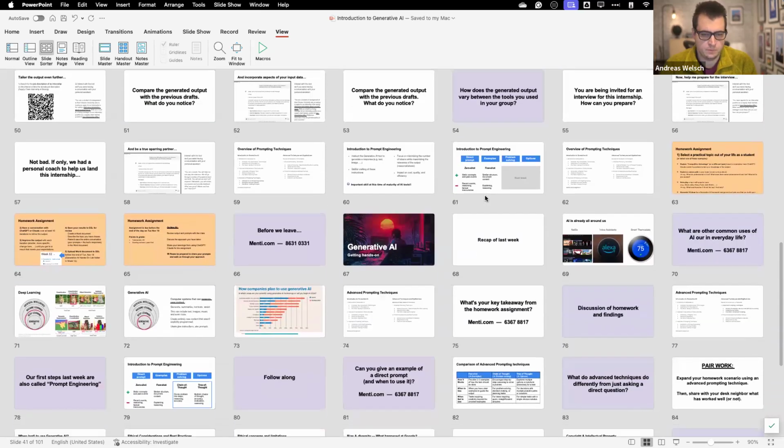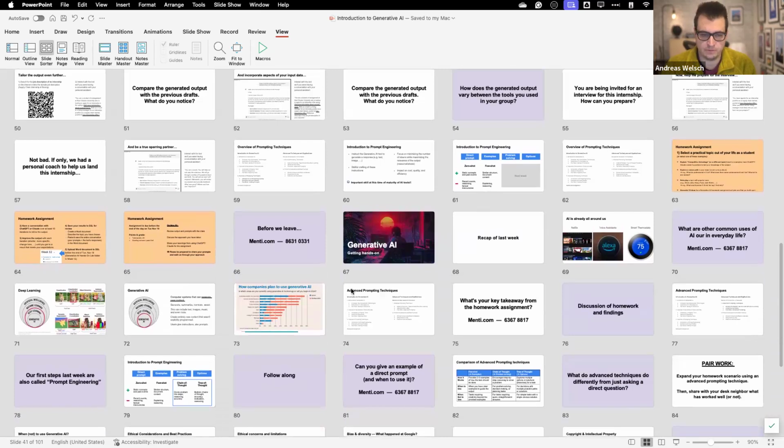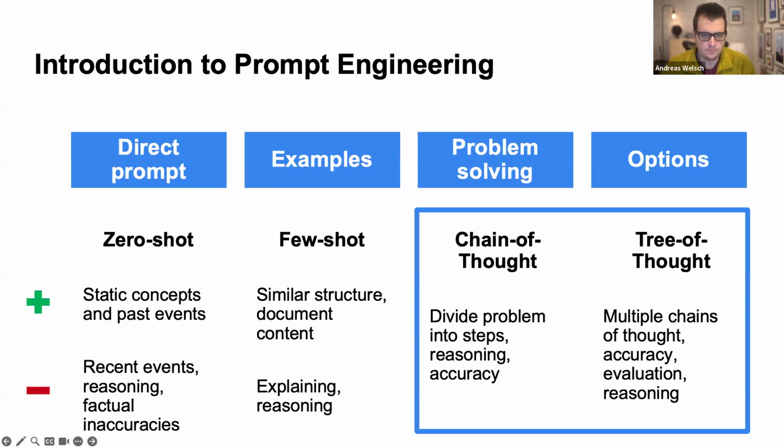So that was the first week. The second week, we built on this, and we talked about different ways of how you can prompt these tools. For example, you can ask it questions directly. What's the capital of France? Where does Las Vegas get its water from? Things like that, known facts that are static. It hasn't changed in a very long time what the capital of France or the capital of the US is. So that's when you should use these direct prompts.